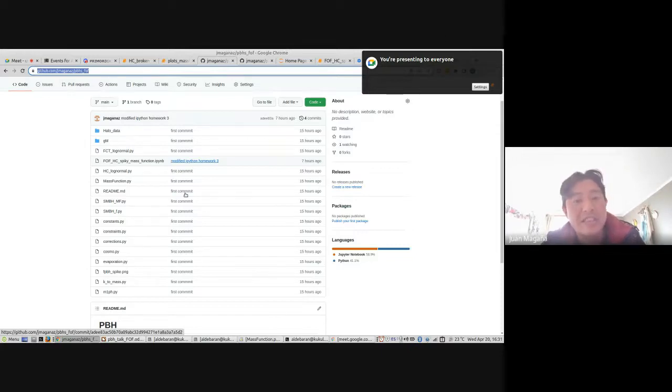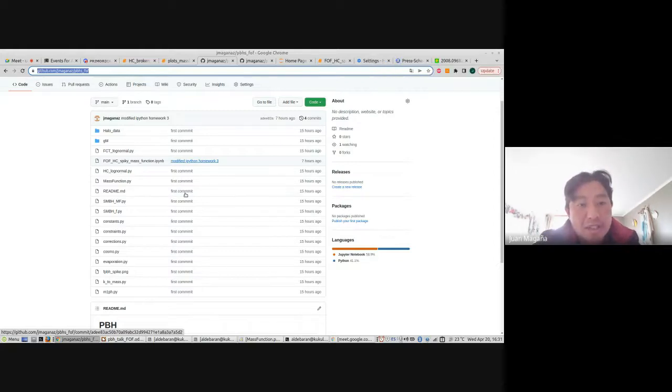I understand that Joaquin now has a more general code. For example, in this FCT log normal .py file, you can find the extended mass distribution for the fixed conformal time scenario with a spike, and here for the horizon crossing.